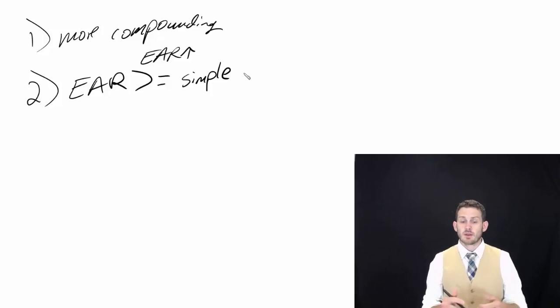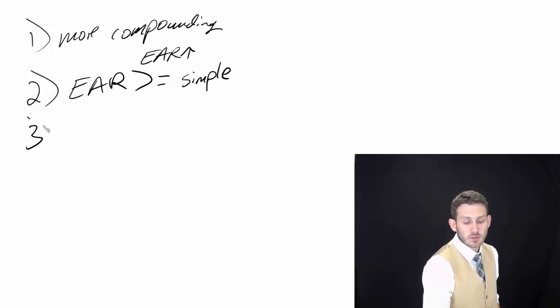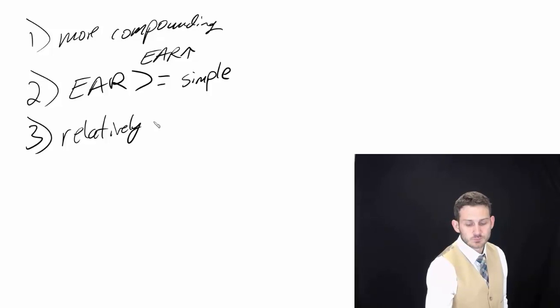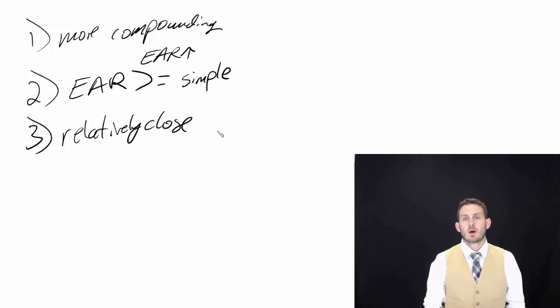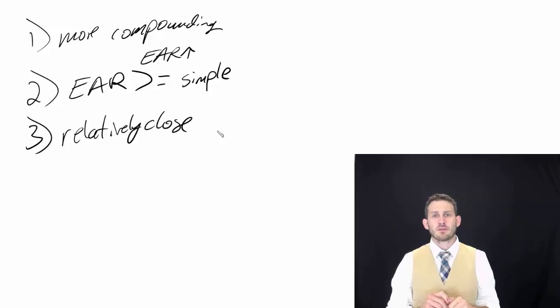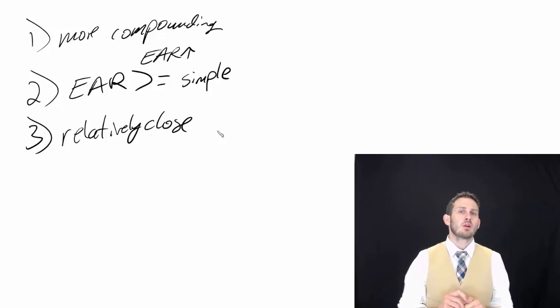It's never going to be less. And the third point, the two of those are going to be relatively close to each other, so that we can help check and make sure that our numbers just aren't totally off base. So that was our discussion on effective annual rate, and we'll be jumping into more interest rate